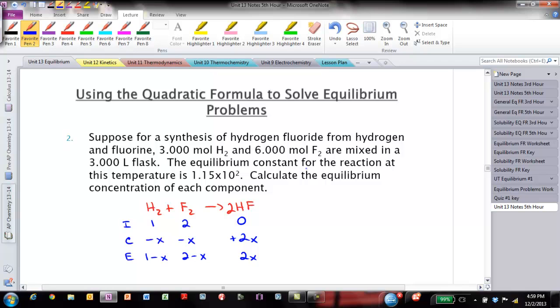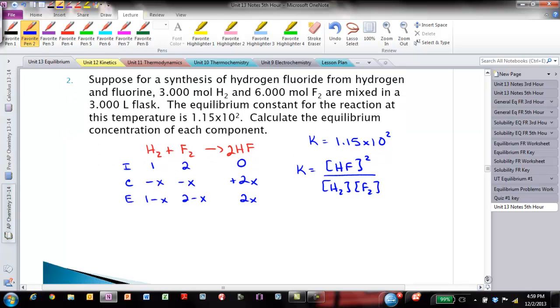So then it tells us the equilibrium constant for the reaction, K, is 1.15 times 10 to the second, and it wants us to calculate the equilibrium concentration of each component. Well, to be able to do that, we're going to need to solve for x. So our K expression for this reaction is HF squared over H2 times F2. So if I go ahead and plug in things that I have, and this is all the information I've got, I'm going to plug in 1.15 times 10 to the second equals 2x squared over 1 minus x times 2